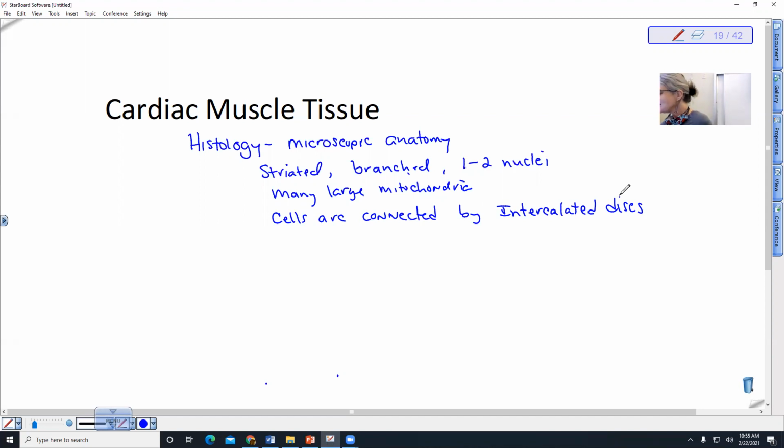And so we have desmosomes that connect the cells. These desmosomes are actually anchoring cells. I think we might have talked about these being important in the skin because they anchor the skin layers, right? So these are anchoring